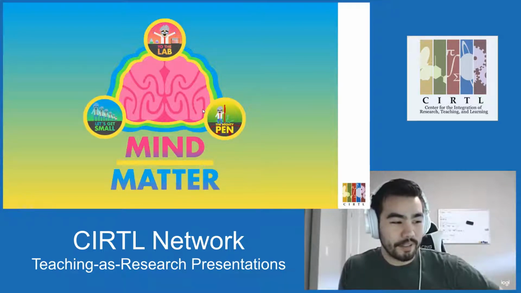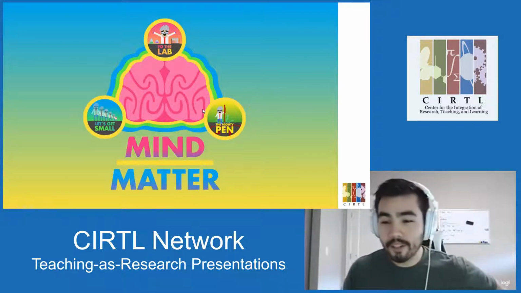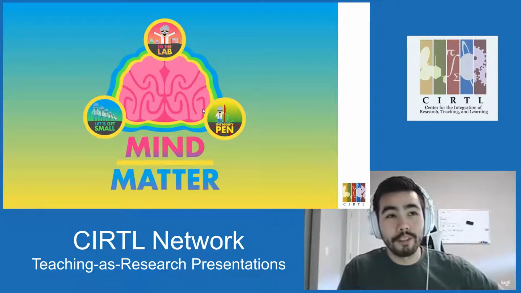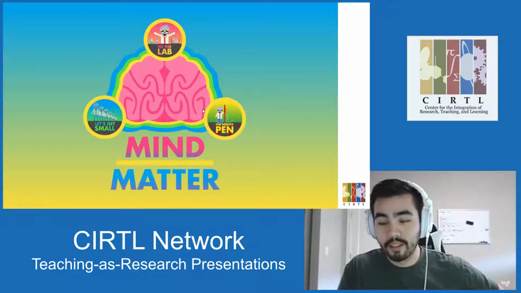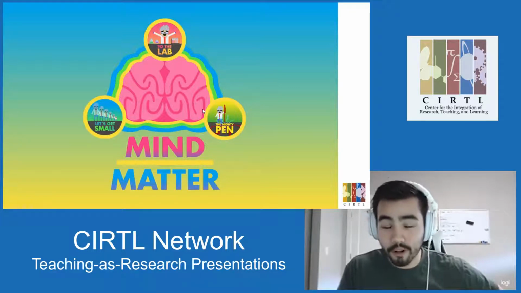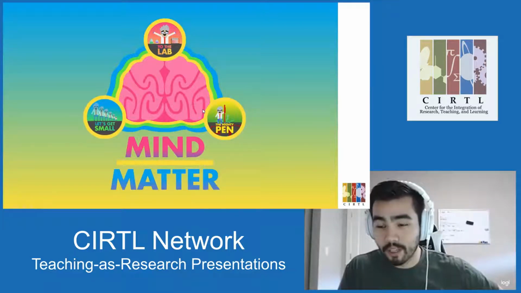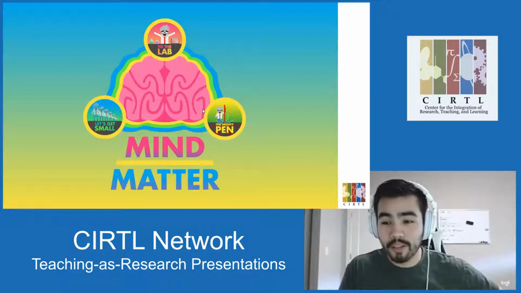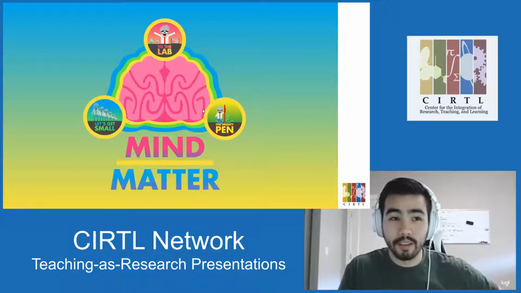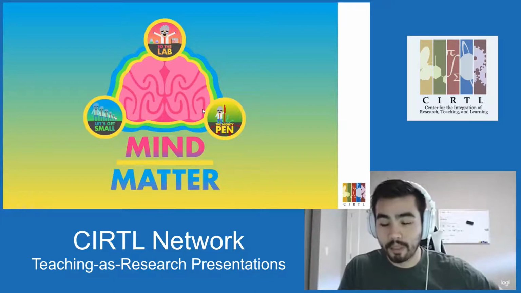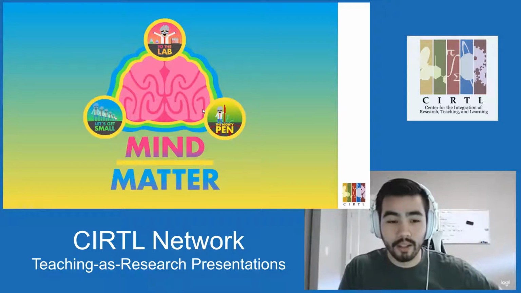You'll notice that the three segments here are in a triangle. In chemistry, we have this very famous teaching and learning concept called Johnstone's triangle. And what Johnstone says as part of this triangle is that chemistry is a hard topic to learn for three reasons. One, you need to understand the symbols of chemistry. Two, you need to understand what's happening at the microscopic level. And three, you need to understand what's happening at the macroscopic level, so the actual physical changes you see with your eyes. So for those three reasons, it's quite difficult.